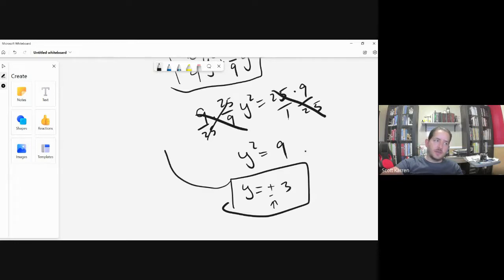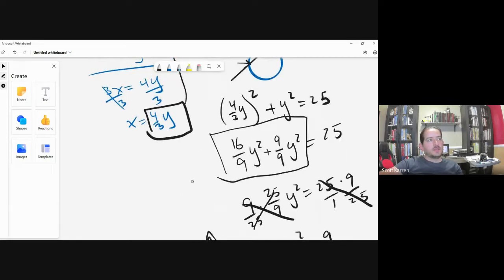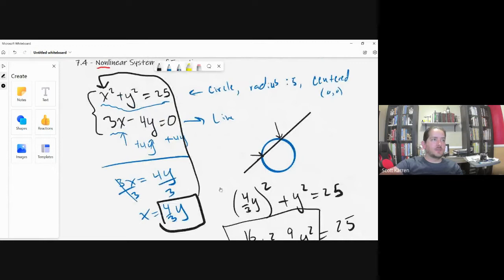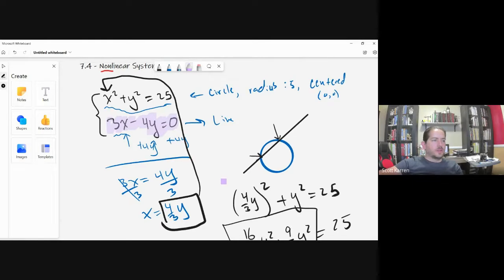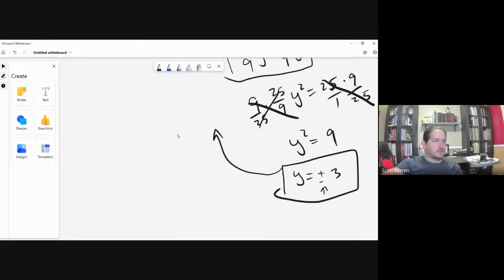And all I have to do is take this back up and plug in those solutions and solve it for x. And I'm going to plug it into the easier of the two equations. That is, I'm going to plug it into this. Right? So I'm just going to rewrite that down here. 3x minus 4y equals 0. So if I plug in y is equal to a positive 3, that gives me 3x